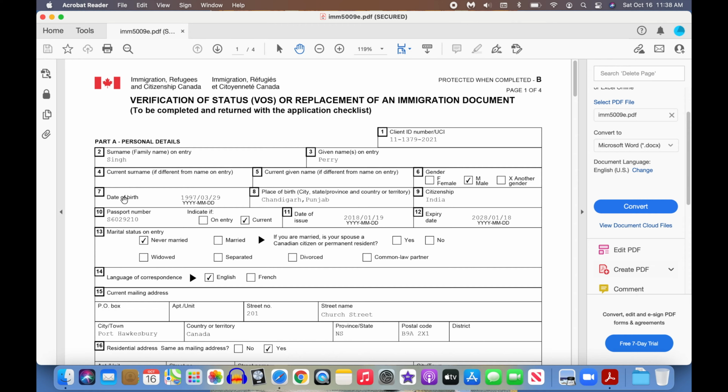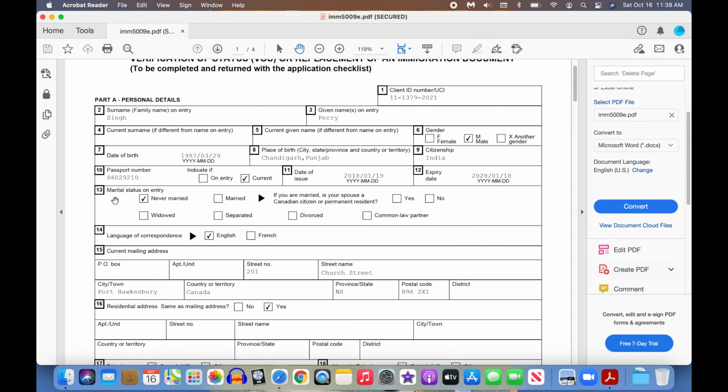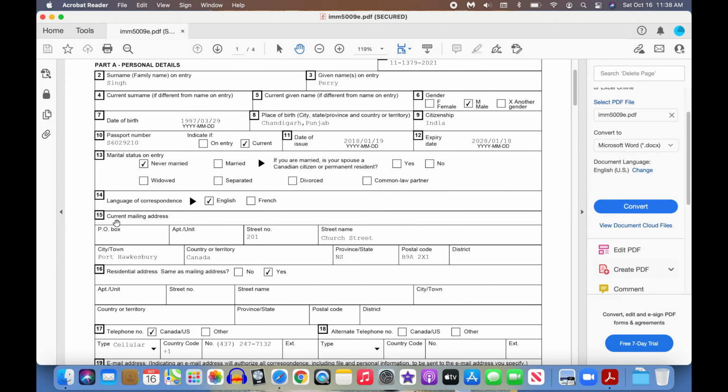We have to fill our date of birth, place of birth, and then citizenship, and then we have to fill the passport number, and then we have to choose current, and then date of issue, and then expiry date, and then marital status, never married or whatever applies to you, and then after that language of correspondence, English, and then